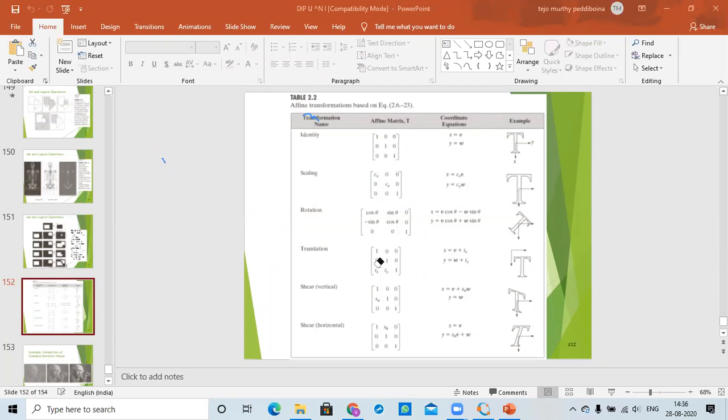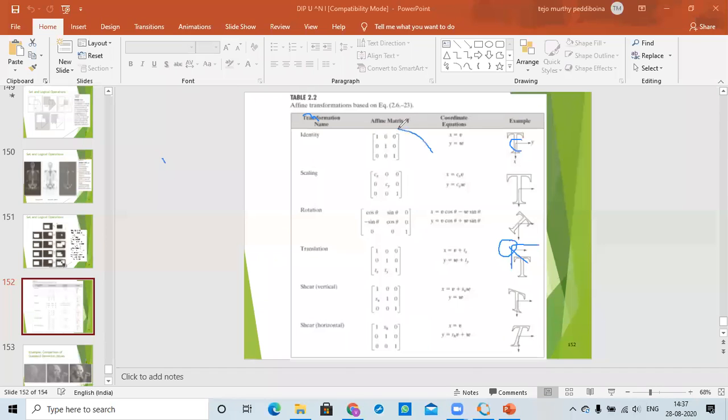So translation, we use 0 1 0 1. What it does is it just increments the value. For example, the T middle point is here, but now the axis has been changed. You observe this. This is now the new axis. That means the T value changed from this particular place to the next place. Again, shear, vertical shearing and horizontal shearing. For that, these are the matrices used.